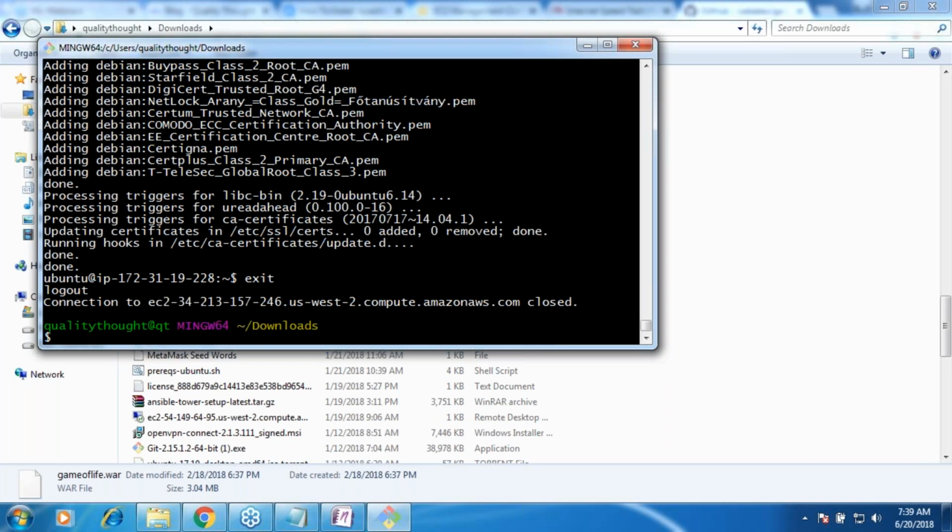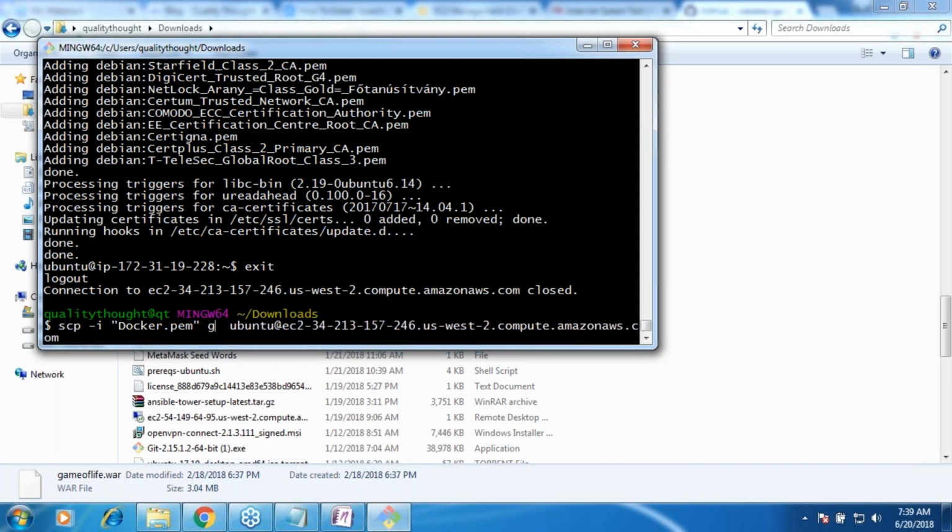SCP is secure copy. Now let me use the same command with SCP, copying a file which is called a WAR file. The destination is the Ubuntu machine.